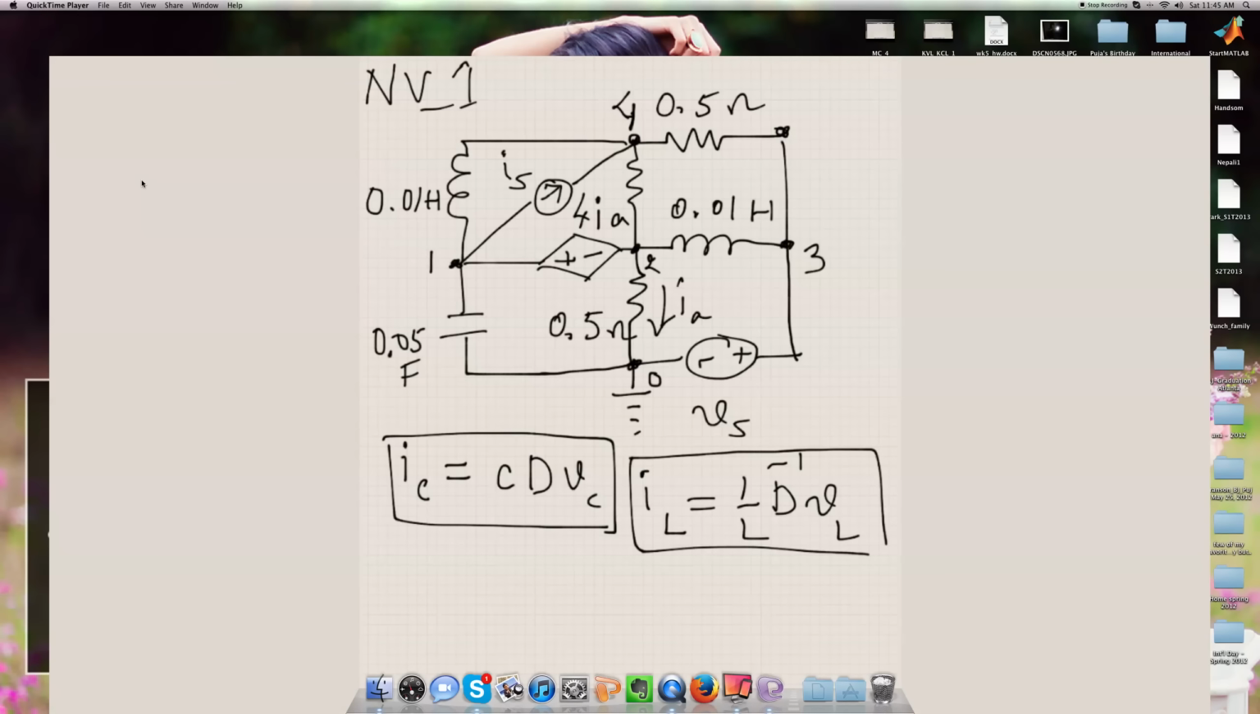Why do we need these things? Because our circuit has capacitance as well as inductance aside from resistances, so we will need these expressions. Now when we go back to this circuit, in the diamond we see I sub A. So the first thing is to figure out what I sub A really is. I sub A is the current flowing from node number 2 onto the ground, and it passes through the 0.5 ohm resistance. So using Ohm's law,